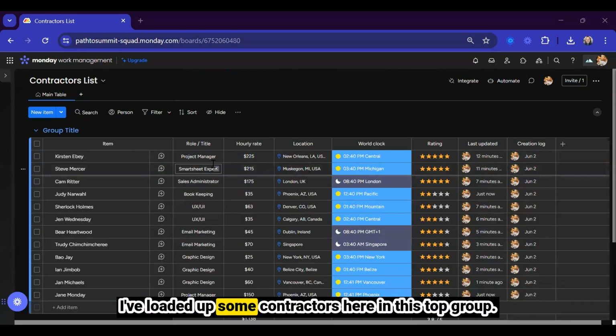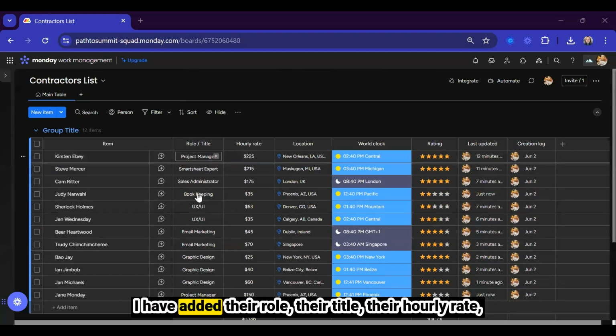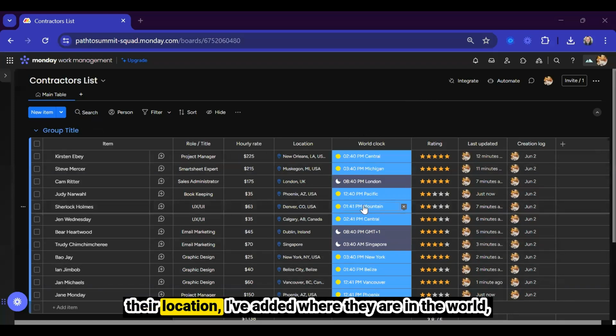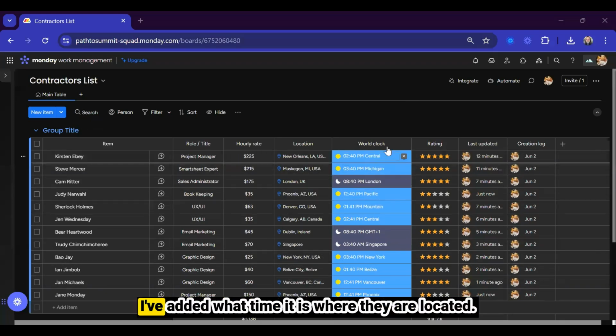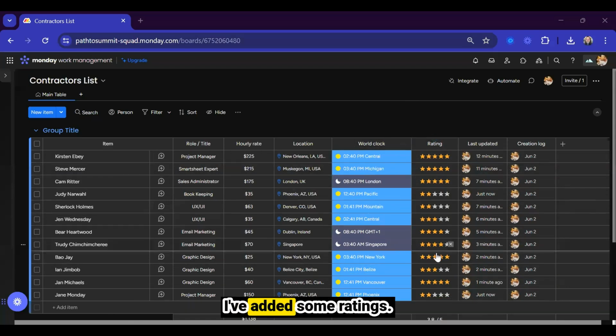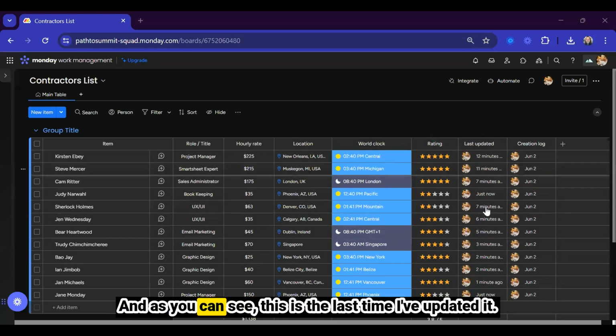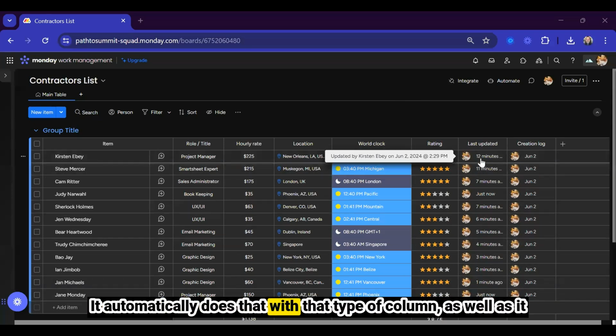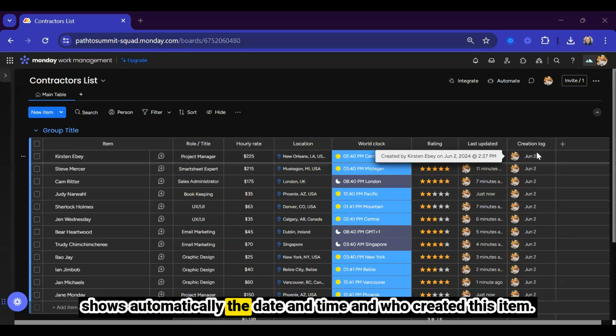I've loaded up some contractors here in this top group. I have added their role, their title, their hourly rate, their location. I've added where they are in the world. I've added what time it is where they are located. I've added some ratings. And as you can see, this is the last time I've updated it. It automatically does that with that type of column, as well as it shows automatically the date and time and